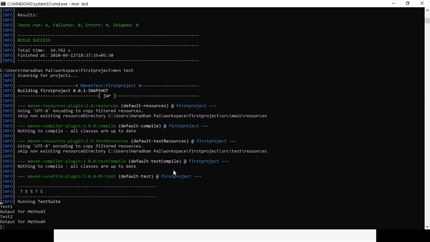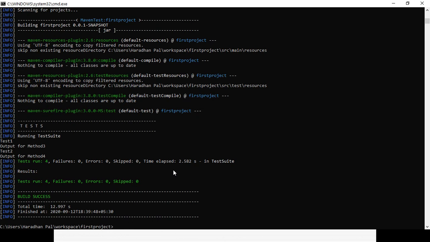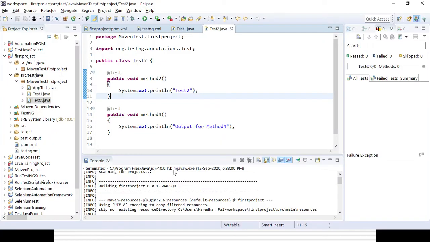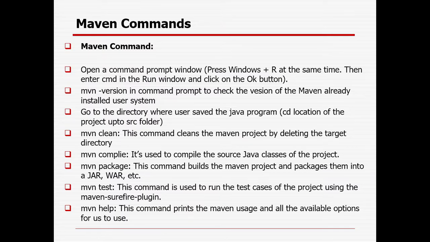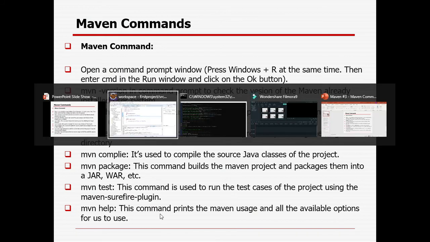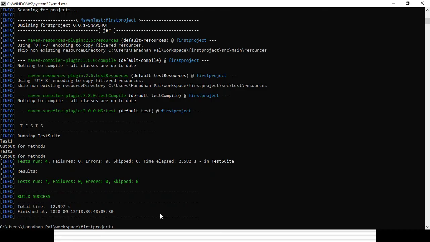Running test suite, output for method 3. Okay, now I have mentioned another two commands here. These are important commands. Maven help: for any kind of error message, if you want to get help, you simply type mvn help.